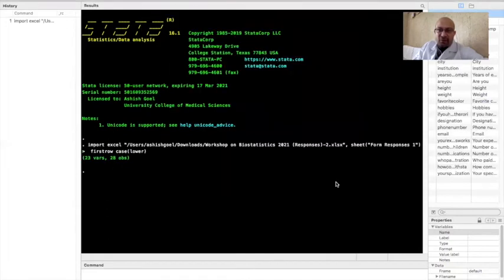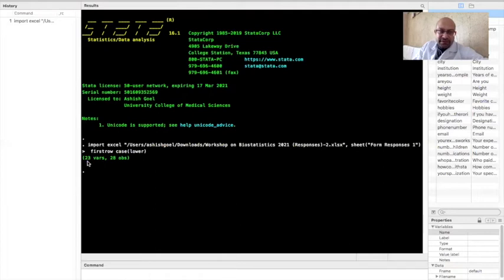Once I click OK, you will find that Stata tells you that this was the command that was used: import excel, the location of the Excel sheet, the name of the sheet, which sheet was picked up, and the first row was taken as the names of variables and the case was changed to lower.